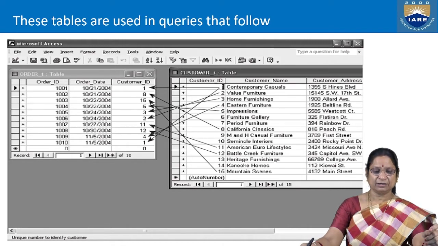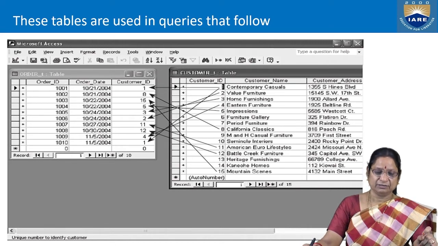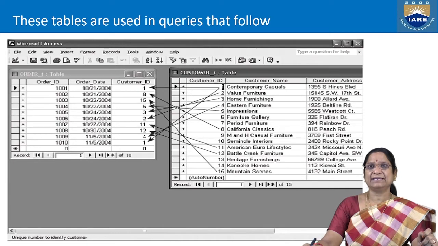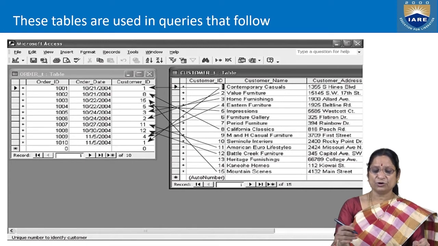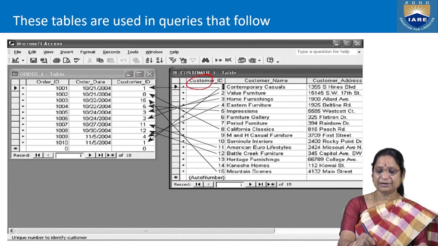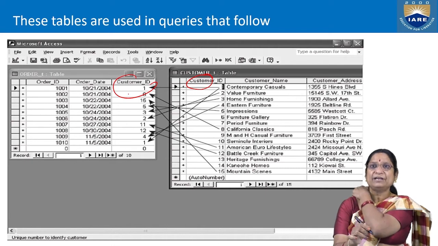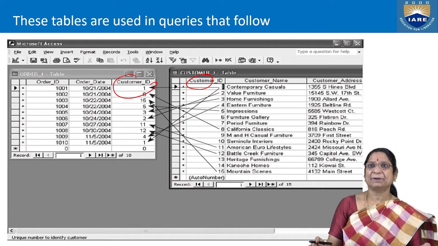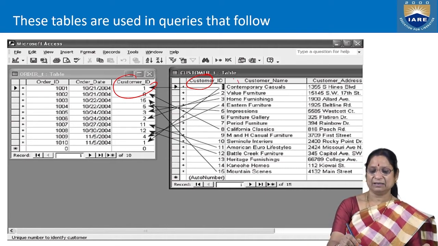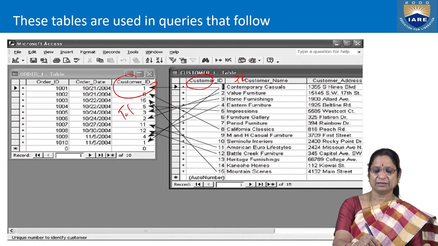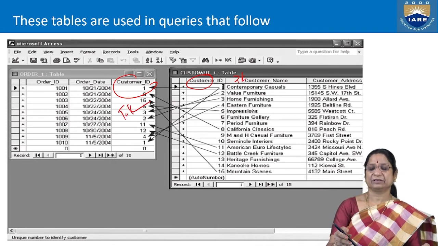The order table has order ID, order date, customer ID. And you observe the customer table, Customer_T, consists of customer ID, customer name, customer address. You observe here, what are the common attributes? Customer ID is a common attribute, which is a primary key in the customer table and a foreign key in the order table.